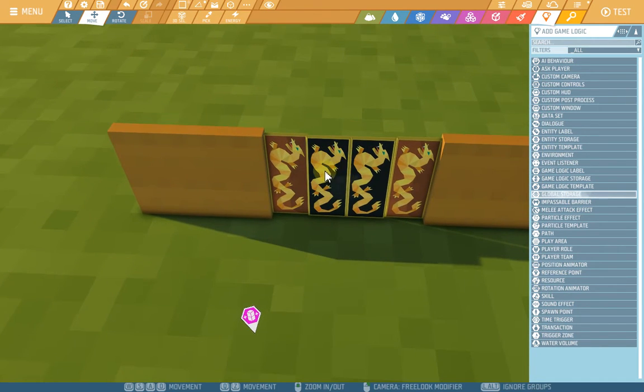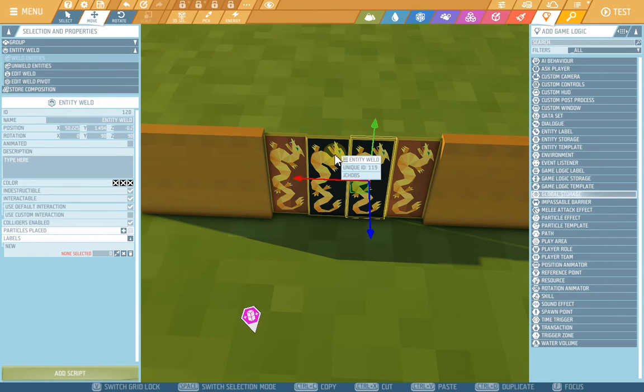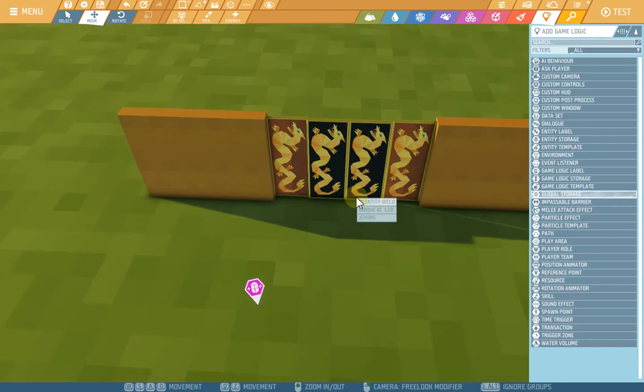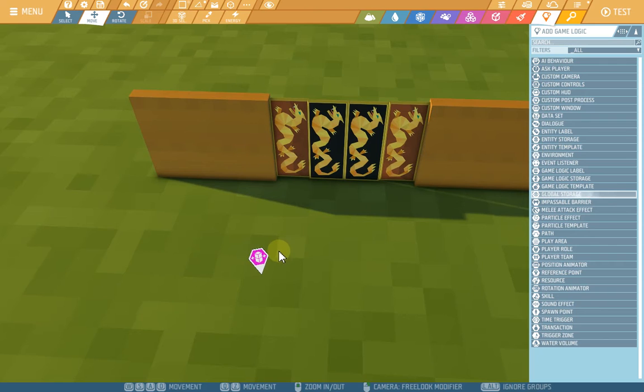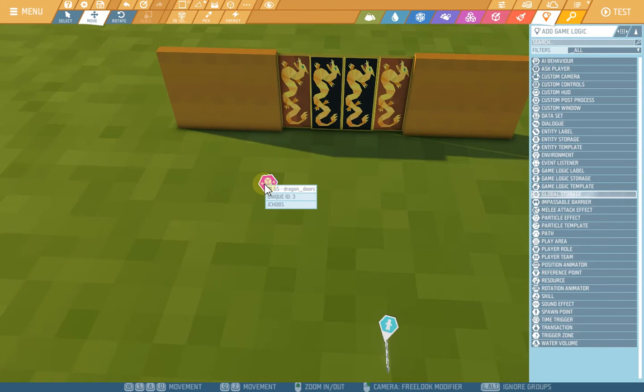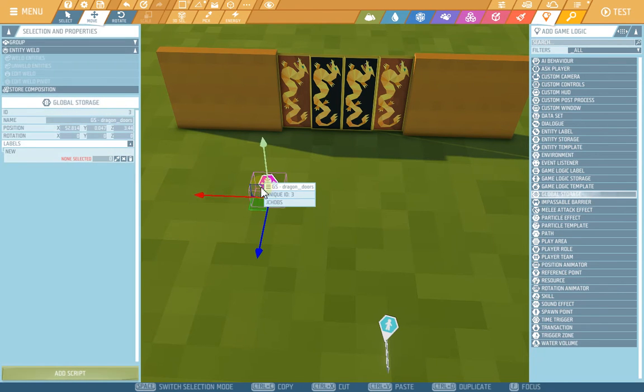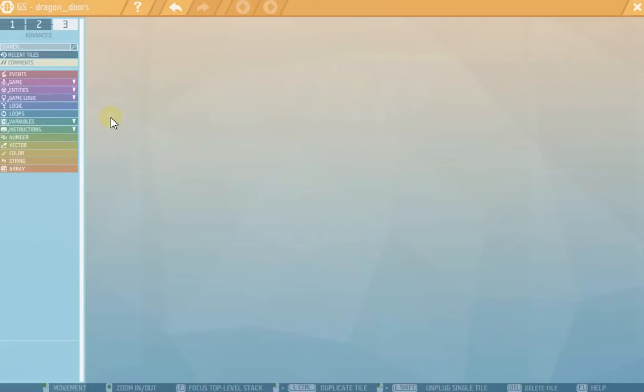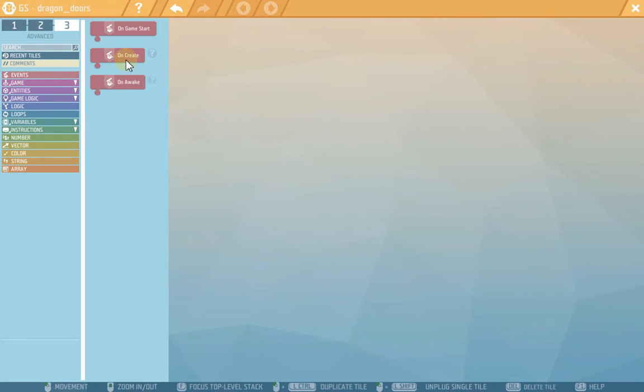Next step, we need to know the position of these doors. The original position. So when the doors open, they will close to that original position. Yeah, I'm going to show you what I mean. So for that, you click the global storage, global dragon storage, edit script, click event on create,